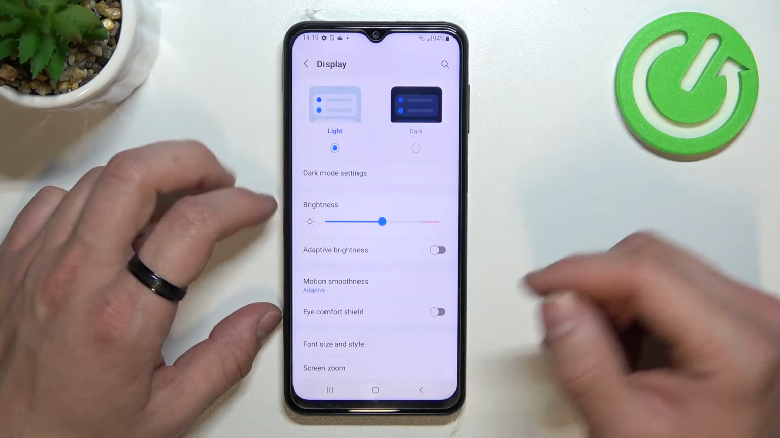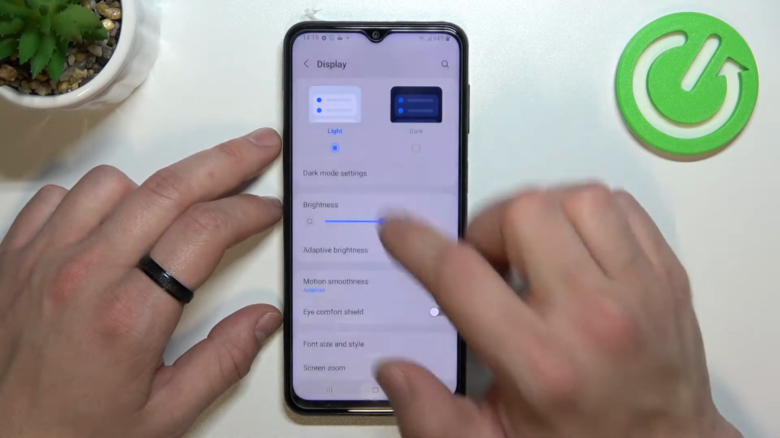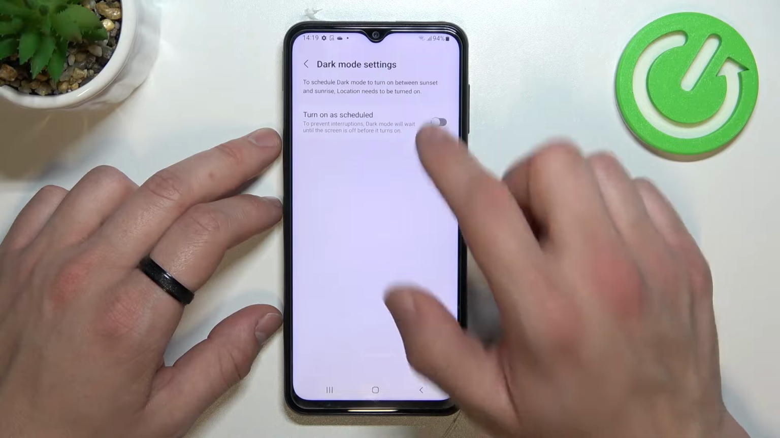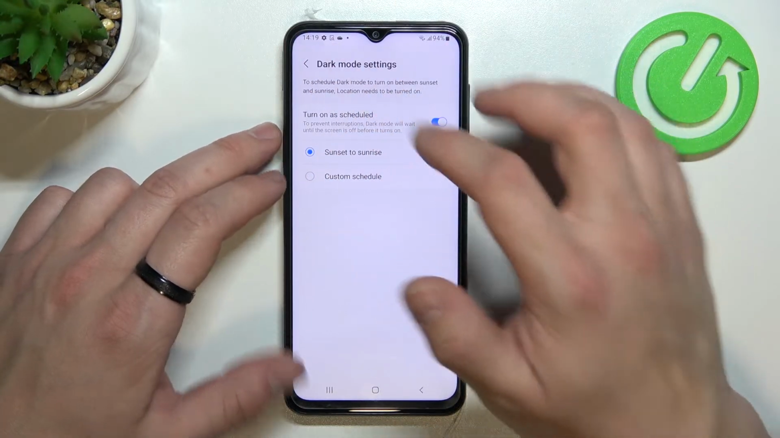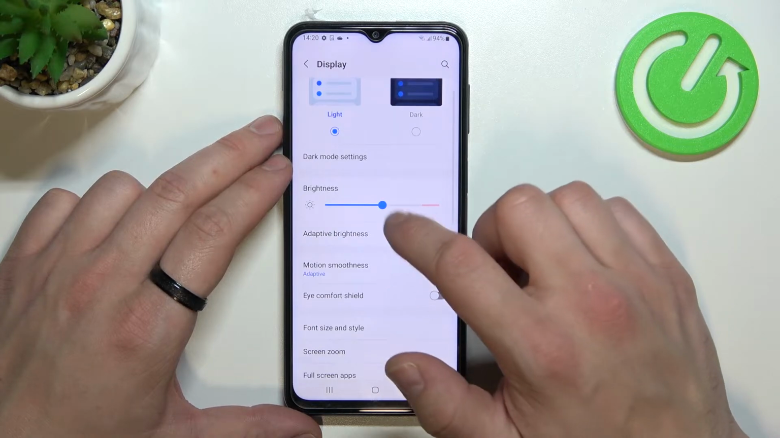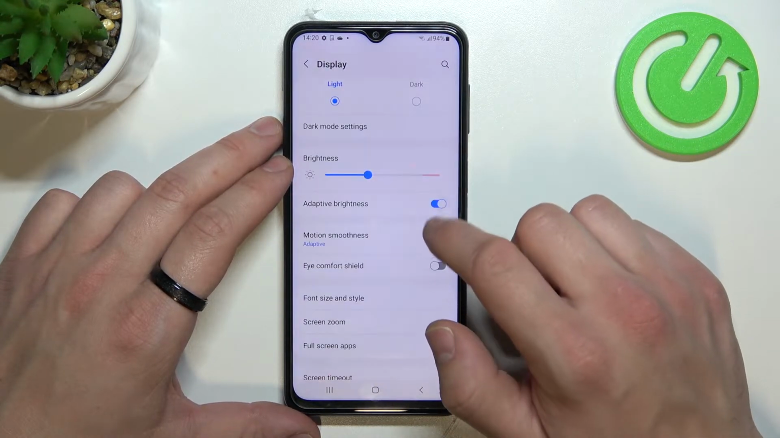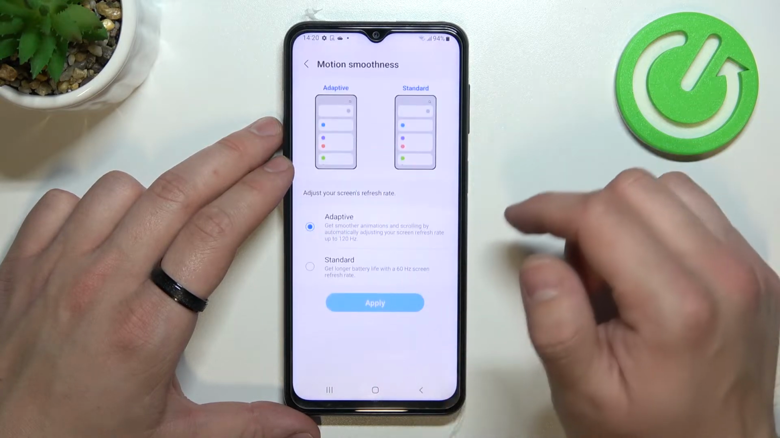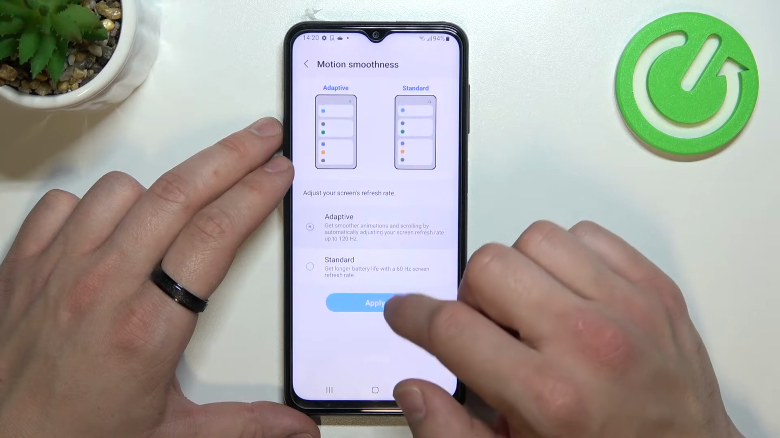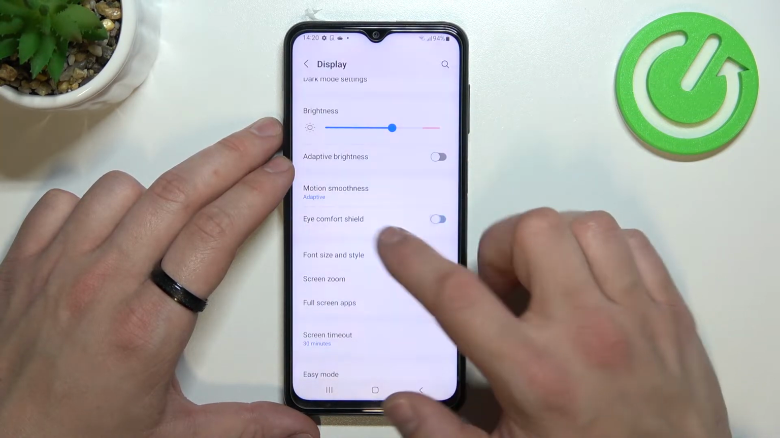Let's start with the top of the list, where you can change between light and dark mode and manage dark mode settings, for example, turn on as scheduled. Next, you can manually change brightness level, enable or disable adaptive brightness, change motion smoothness between adaptive and standard, enable or disable eye comfort shield,